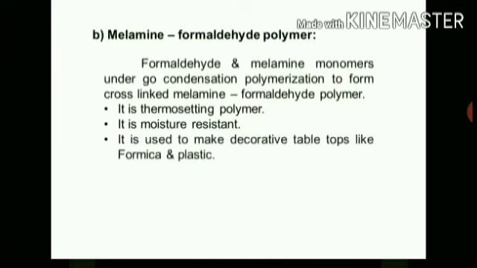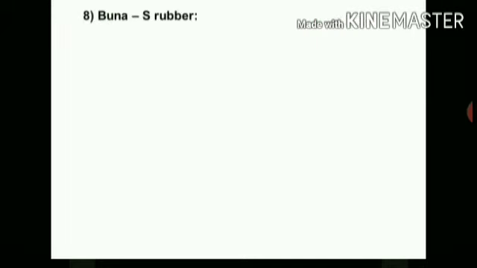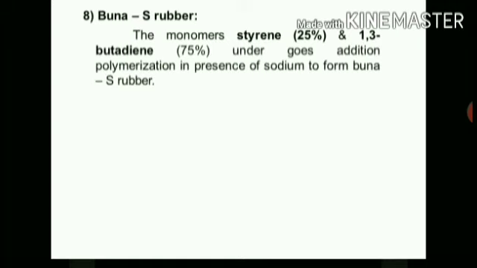It is used to make decorative table tops like Formica and plastic. It is used to make dinnerware, crockery, etc. This is the reaction. Next, Buna-S rubber. The monomers are styrene, about 25%, and 1,3-butadiene, about 75%, which undergo addition polymerization in presence of